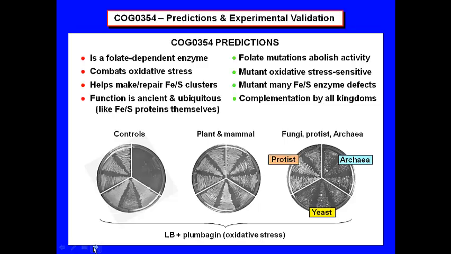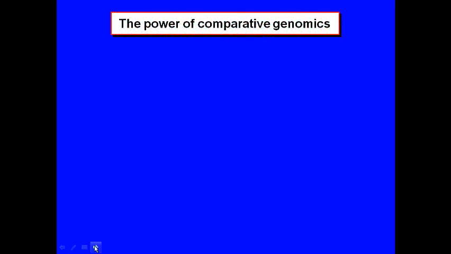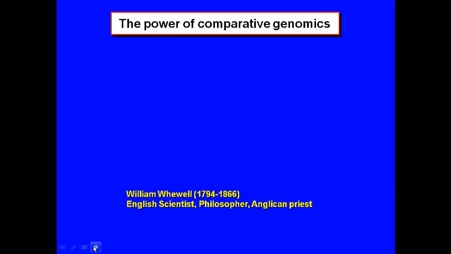Before we go to the databases, I want to leave you with this wonderful thought, which is so relevant to comparative genomics. And it comes from William Whewell, that's pronounced Whewell, who was basically a mid-19th century scientist, philosopher. He was also an Anglican priest, as many Oxford and Cambridge academics were in those days. And he was an early influence on Charles Darwin. He was one of Darwin's teachers. And he coined the term scientist in its modern use. So every time you use the word scientist, you're actually remembering William Whewell.